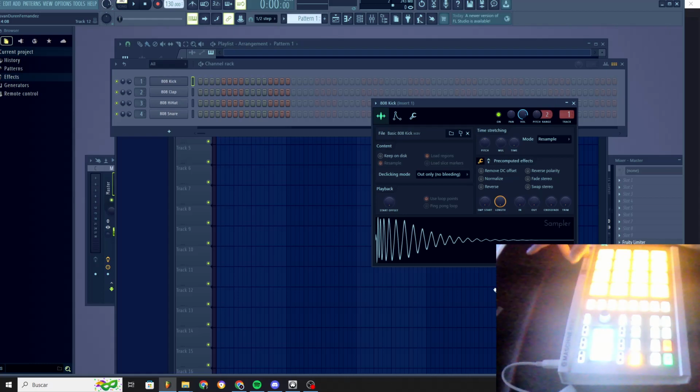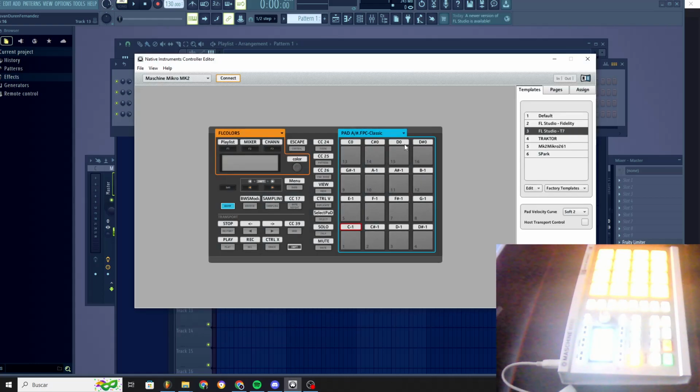For example, Maschine Mk II, or also the old versions, or even the newer versions. But of course, in order to get it to work, you will need to map the controls to be on the same data. Okay, so